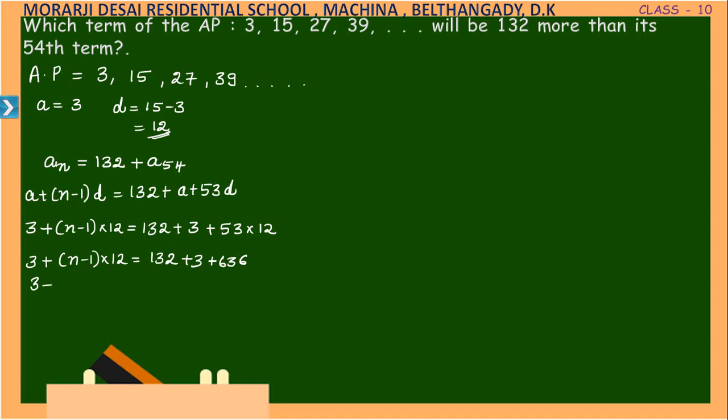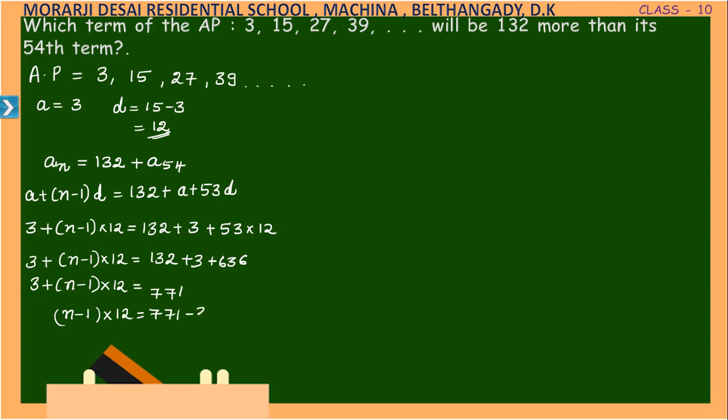Now 3 plus n minus 1 into 12 is equal to 132 plus 3 plus 636, is 771. Now take 3 to the right hand side, that becomes n minus 1 into 12 is equal to